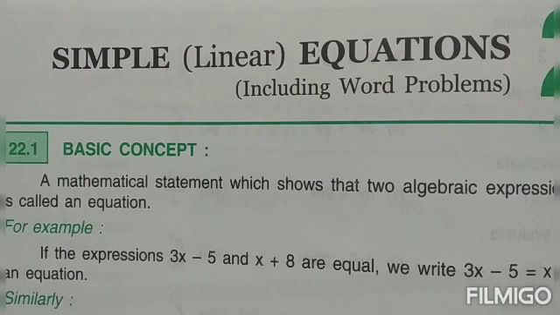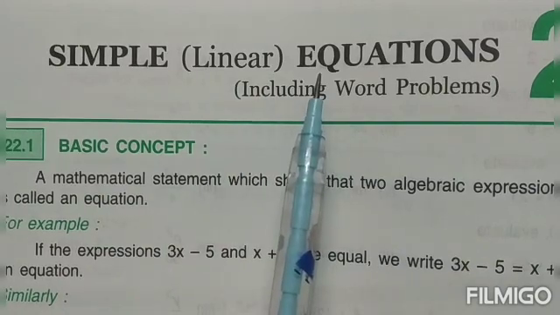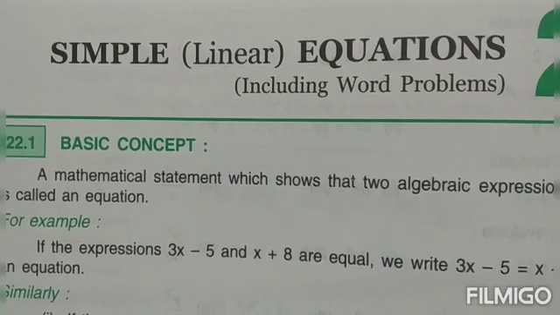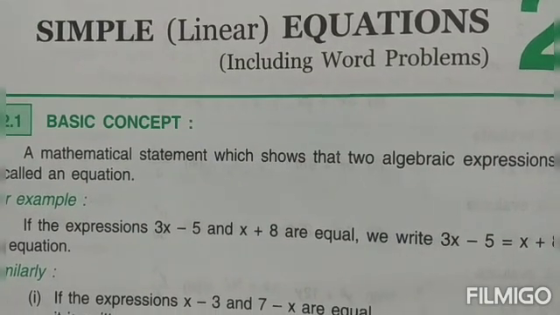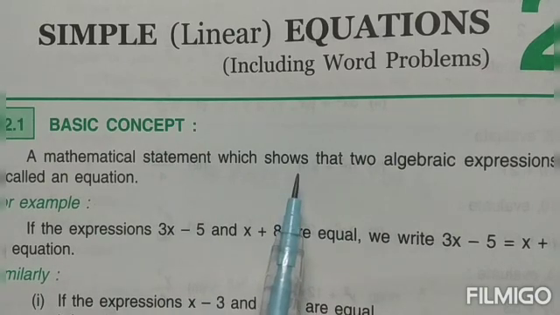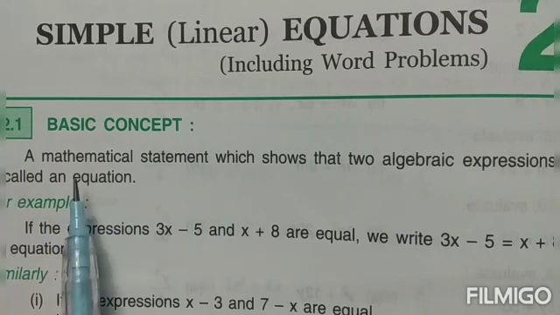So children, let's start with a new chapter in maths today, that is simple linear equations. That is chapter number 22 of the Selena book. Now the basic concept is, children, a mathematical statement which shows that two algebraic expressions are equal forms what is